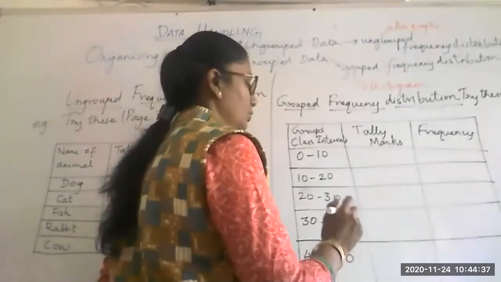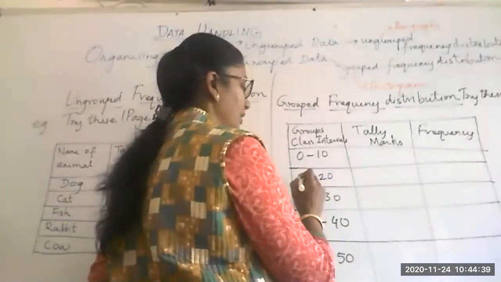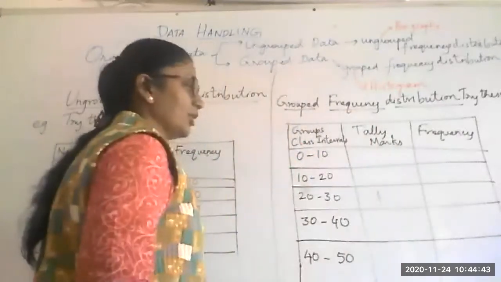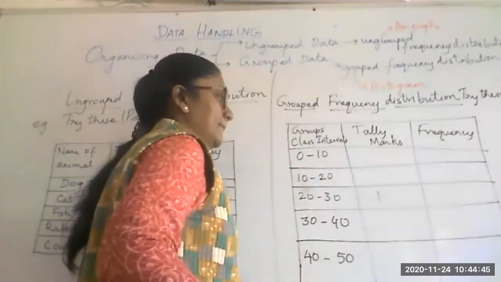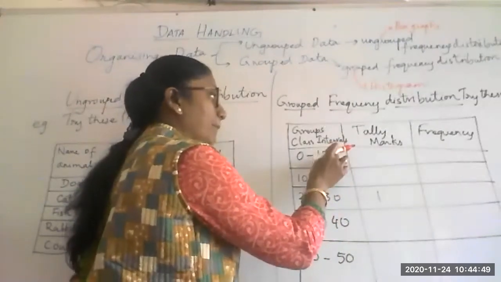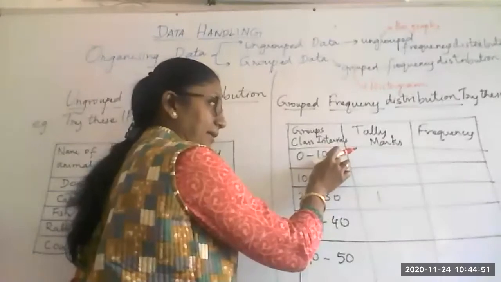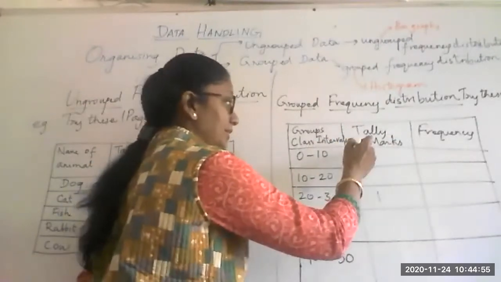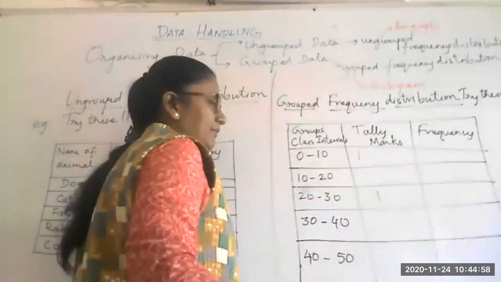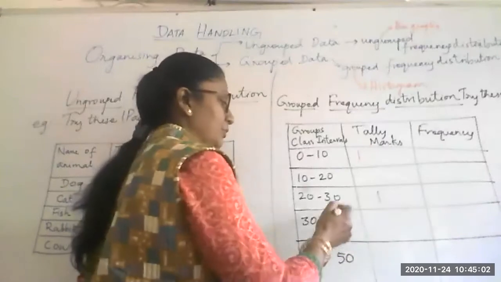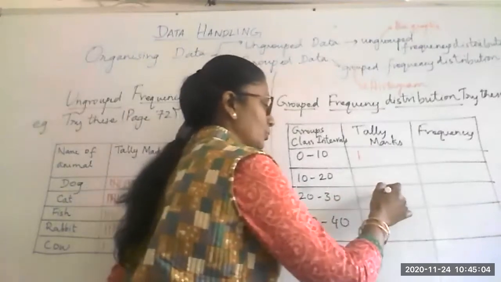Ma'am, 21. 21. Where should I put 21, between 10 and 20? Ma'am, third group. Third group, right. Go on. Ma'am, 10. First group. Now you should decide whether you will include 10 in the upper interval or the lower interval. Always we look at the right hand side, so 10 is included here. Upper limit, okay. Next. Ma'am, 30. Third group. I put it here, the third group. Okay.